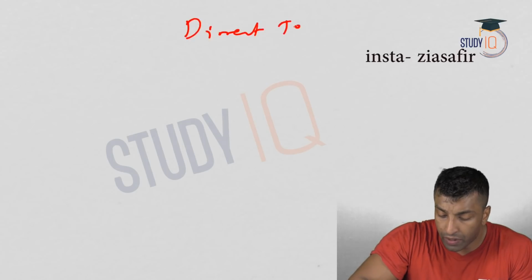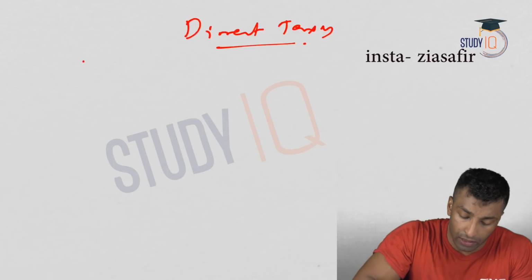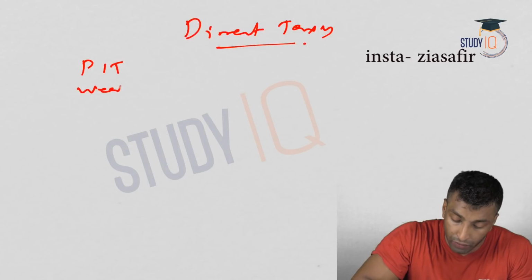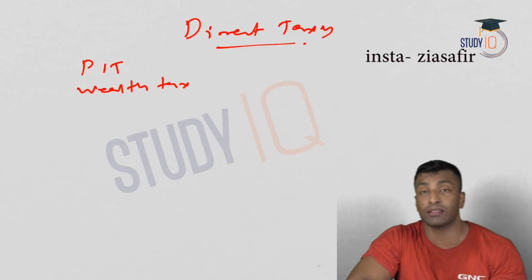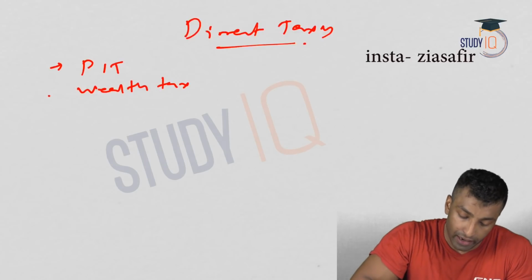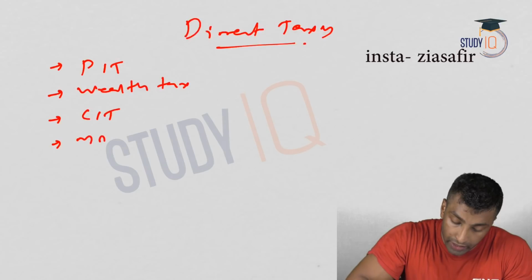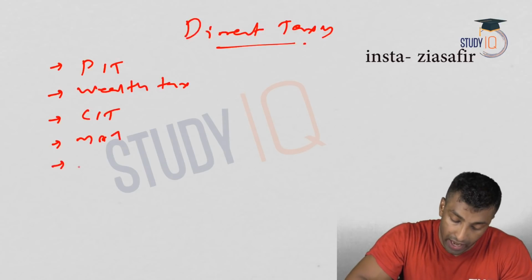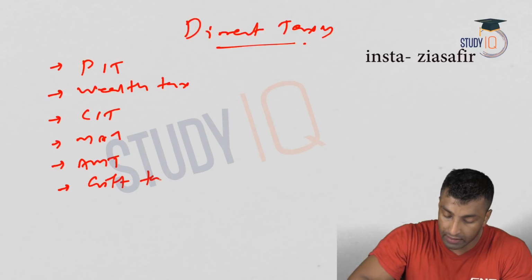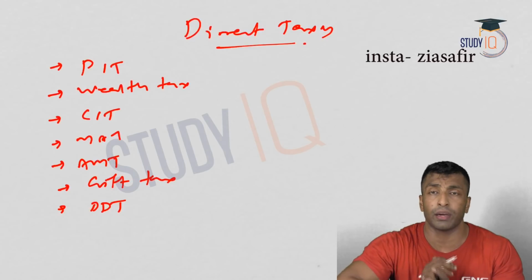So we are going to cover all the different types of direct taxes. We'll start with personal income tax, okay, then we will talk about wealth tax, okay, where it is imposed and why it is abolished, and everything will be discussed. Then we'll talk about corporate income tax, minimum alternate tax, MAT, then we'll talk about AMT, okay. We will also talk about gift tax, dividend distribution tax